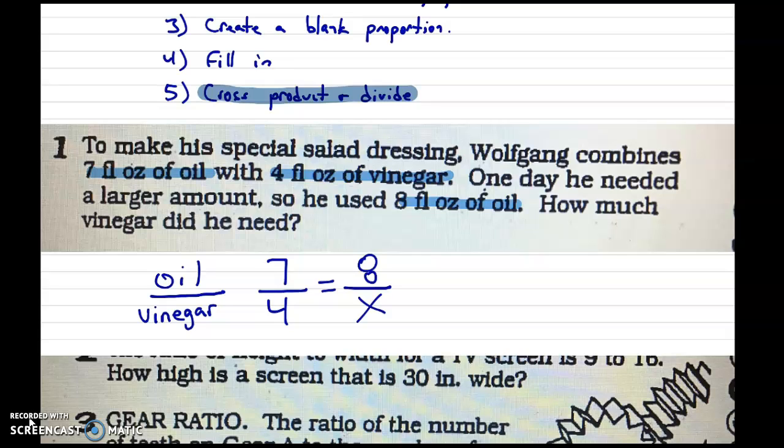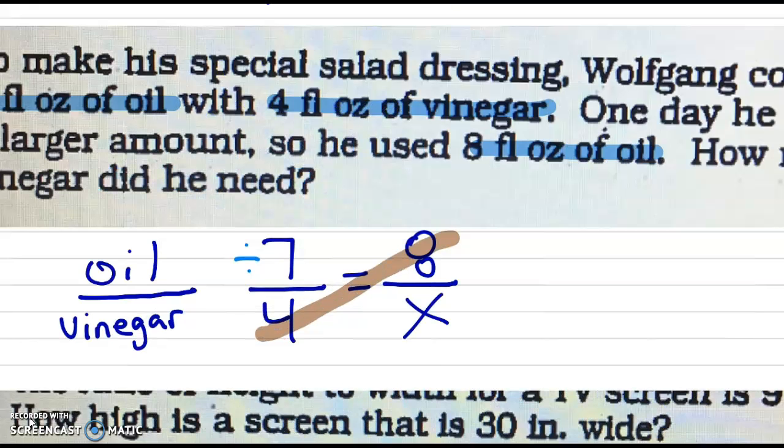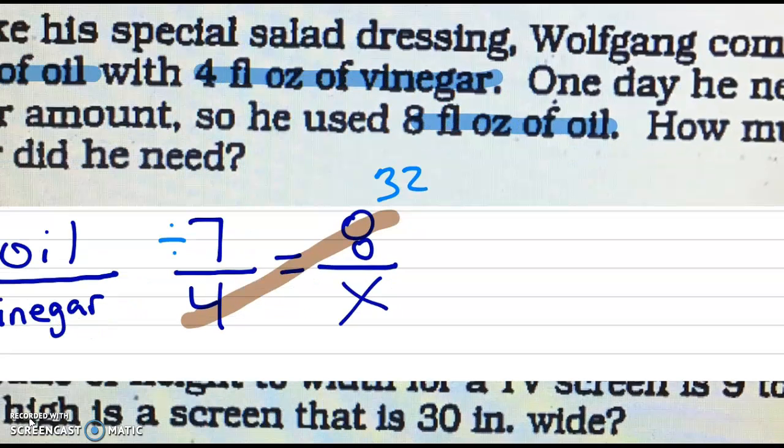So, alright, what do you see that we can multiply? We can multiply 4 and 8. And then remember what I said before. You're just going to divide by that extra number to find out what x is. So 8 times 4 is 32. And then we have to divide that by the number on the outside by itself, which is 7. So we do 32